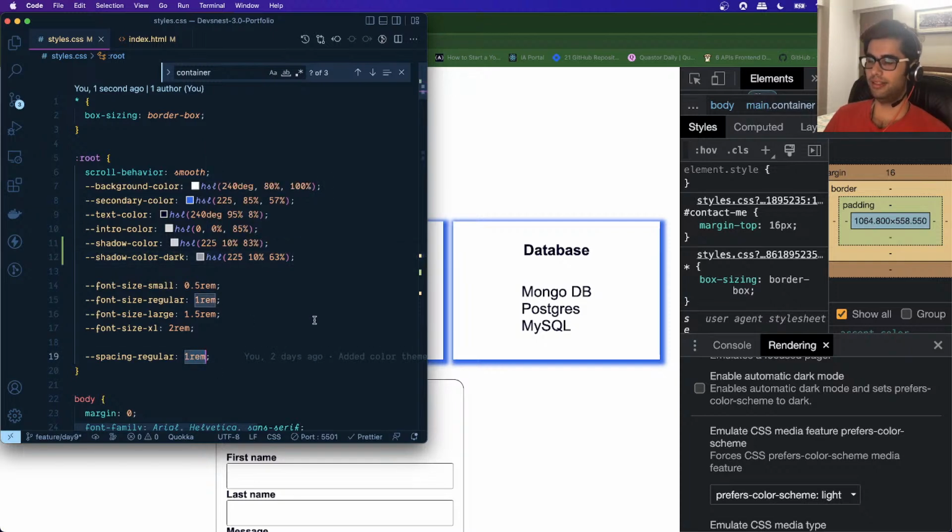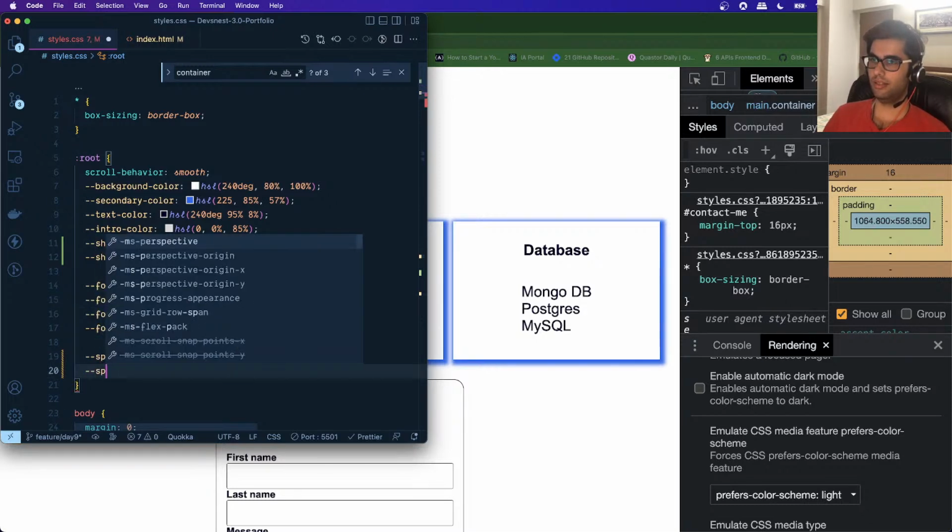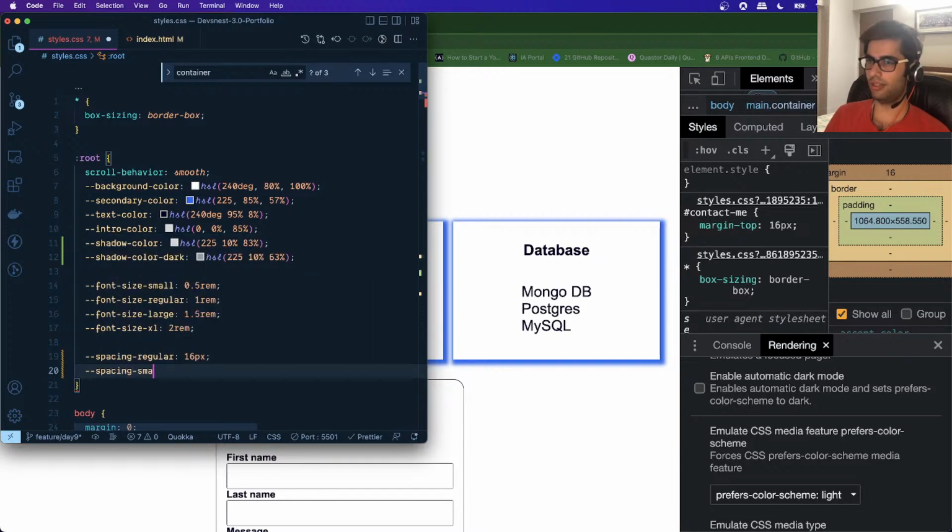And let's define some spacing as well. So spacing regular, let's keep the spacing in pixels and the font sizes in rems, okay, like this. And we will specify spacing small. It will be half of this, right? So there is another property known as calc, which allows us to do some sort of mathematical calculations